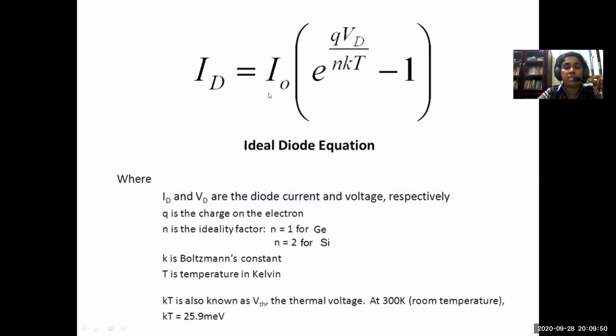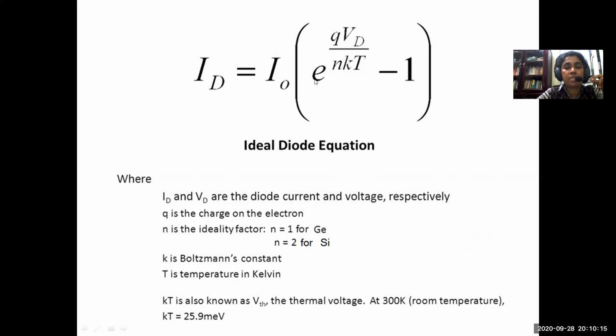Now another parameter is this one. This is the diode equation. You cannot consider that to be a parameter, but it is also an equation which is very relevant in the case of a semiconductor diode. So this diode equation represents, you don't have to learn the derivation of this equation. We are just taking this equation, and I will explain the individual parameters here.